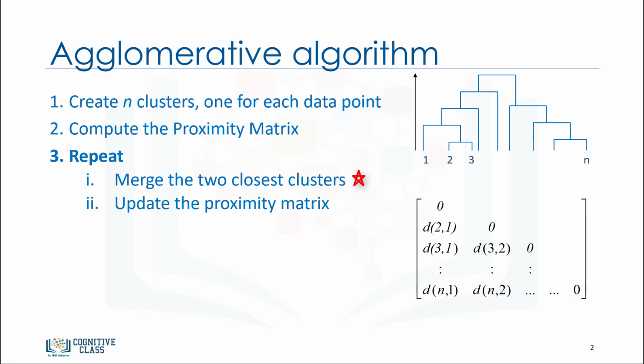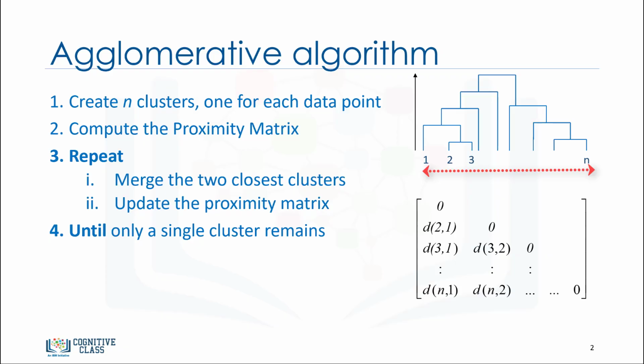First, merge the two nearest clusters. Distances are computed already in the proximity matrix. Second, update the proximity matrix with the new values. We stop after we've reached the specified number of clusters, or there is only one cluster remaining, with the results stored in a dendrogram. So, in the proximity matrix, we have to measure the distances between clusters and also merge the clusters that are nearest.